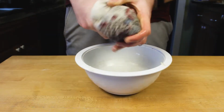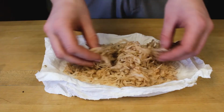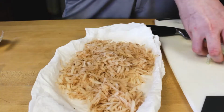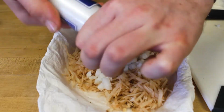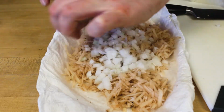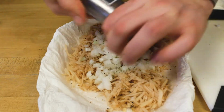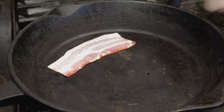And here I am going to add it to a nice dry clean tea towel, and I'm going to squeeze out as much of the water as I possibly can. You definitely don't want to skip this step. I'm even going to leave it off to the side to let it dry even further on a paper towel, while adding a bit of chopped up onions and even some salt. And the salt's also going to help draw out some of that extra moisture. And to that, I'm also going to add in a nice sprinkling of pepper, and feel free to season it any way you want. Here I'm just keeping it kind of bland, just because of all the other ingredients I'm